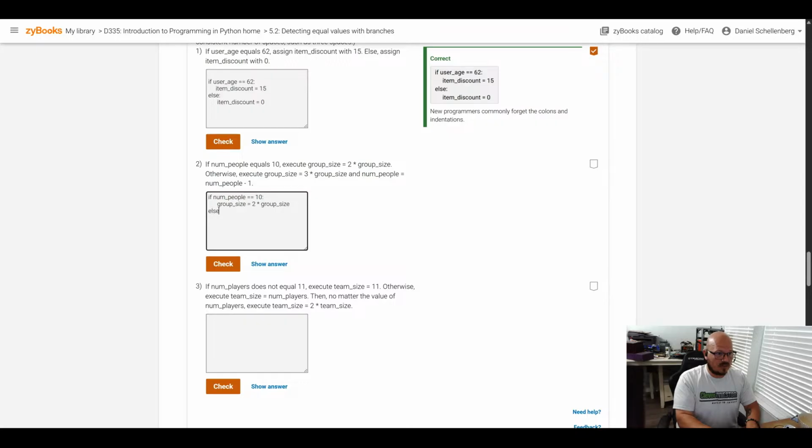Otherwise, so else colon. So else colon, and then, so it wants us to do 2 times group size. Otherwise, execute group size, right? Group size